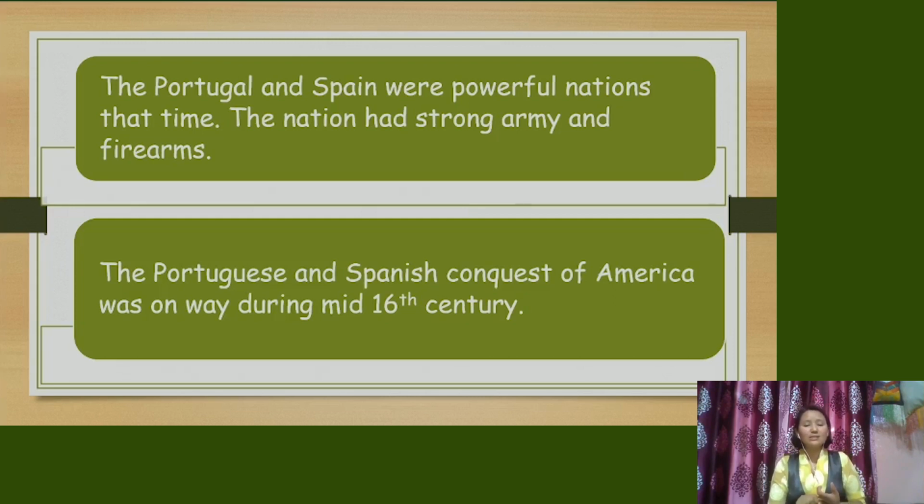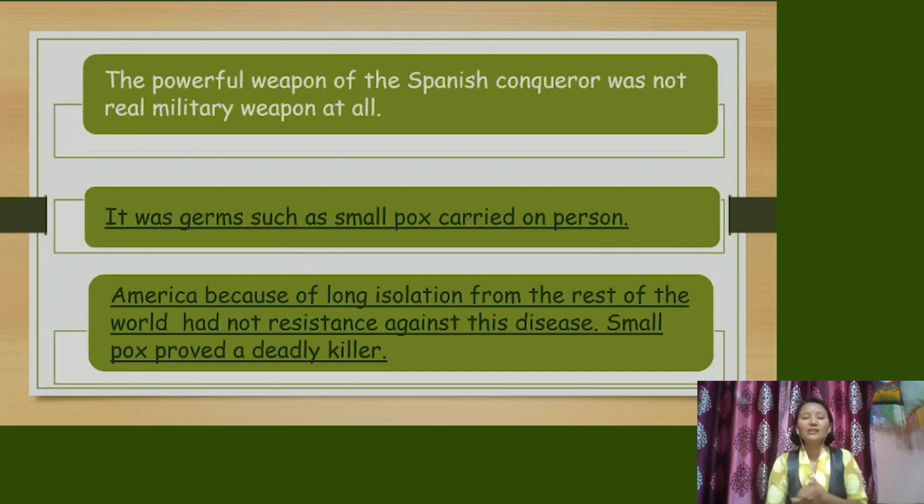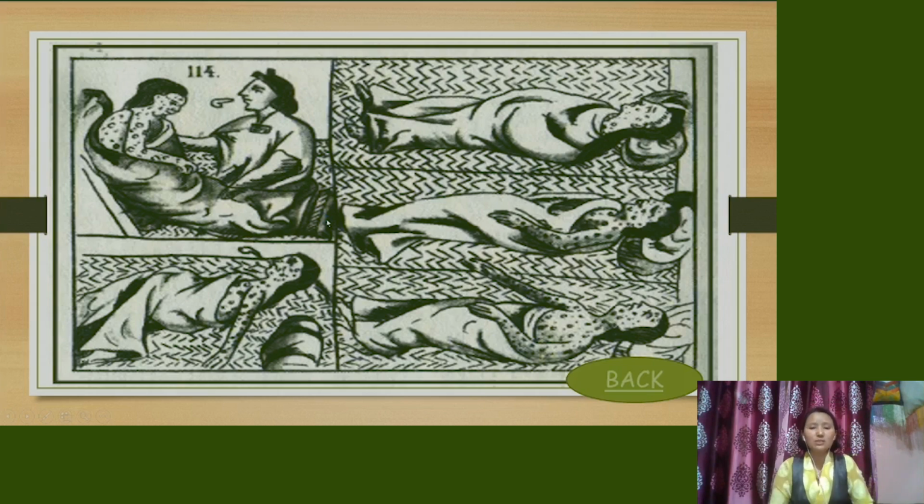So in the mid 16th century, the Portuguese and the Spanish had already made a plan to conquer America. Finally, Spain conquered America, but they did not use any military weapons at all. So what did they use to conquer America? Spain used germs which cause a disease called smallpox, which was carried by people, and